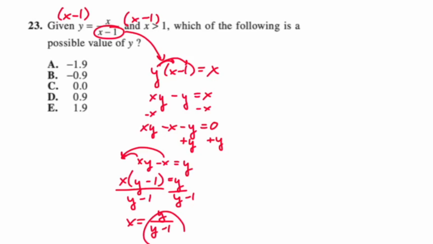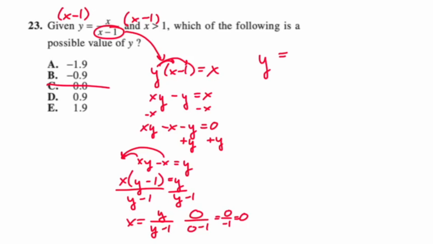And this gives me something where I could plug in a bunch of y values and see what I get for x. For instance, let's do an easy one just for an example. Let's plug in 0. So 0 over 0 minus 1 is 0 over negative 1, which is 0. So is that possible? Because they said x is greater than 1, and this is saying x is 0, that can't be possible. So this can't be an answer. And you could do that with all 5 of these possibilities and see which one actually satisfies this equation. Another way of doing this, which is a lot easier, but requires access to a graphing calculator,